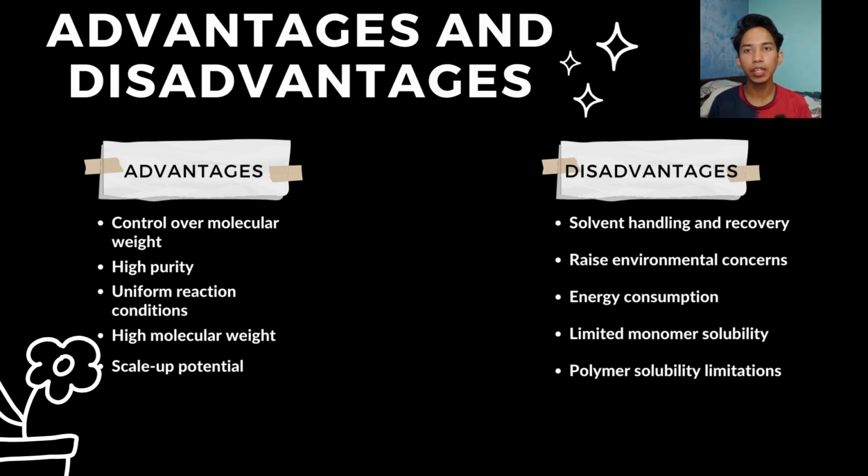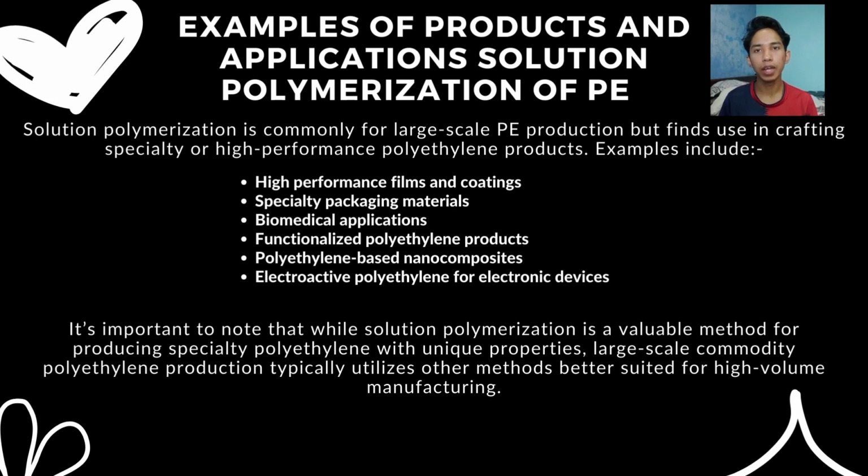The advantages, as you can see in the slide, are control over molecular weight, which can improve mechanical properties, and scale-up potential, which provides a pathway for efficient manufacturing. For disadvantages, it includes solvent handling and recovery, which increase complexity and costs, and energy consumption is too high. Lastly, for examples and applications, solution polymerization is commonly used for large-scale production, where the example provided